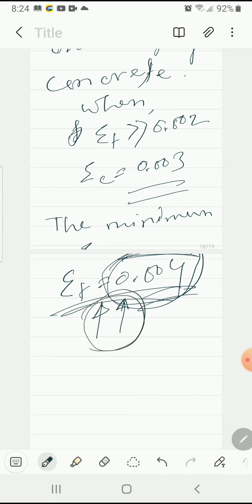Okay, if this is crossed, then doubly reinforced beam is designed. Okay, and recommended